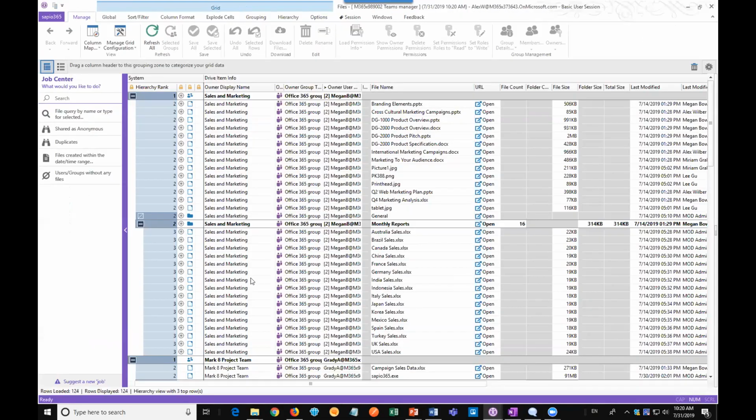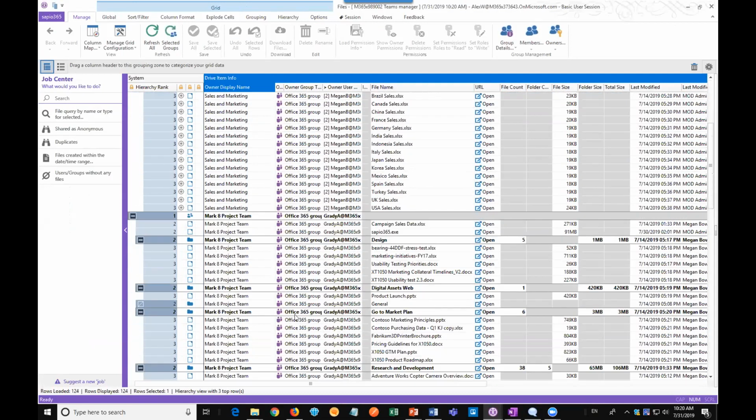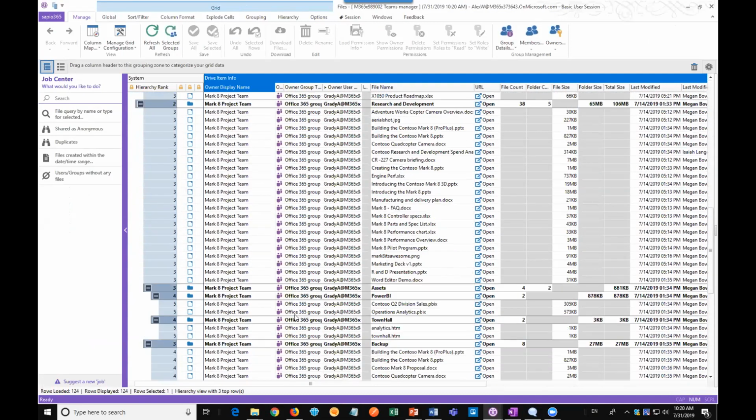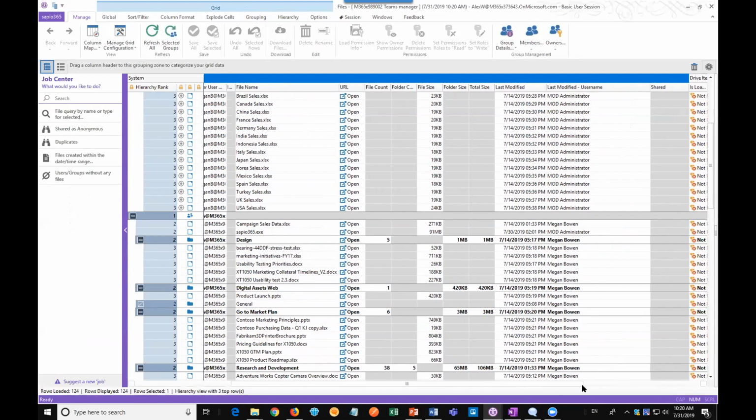All right. So what you have here is the group SharePoint library and the files and folders within each. The URL, the file size, when it was last modified. And